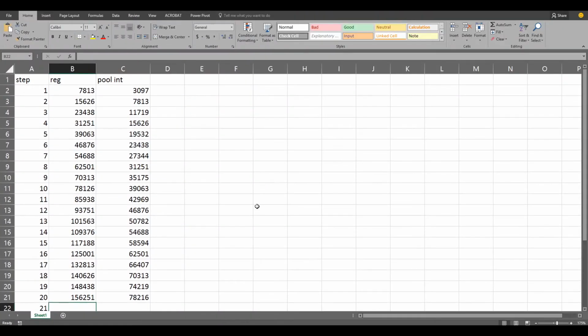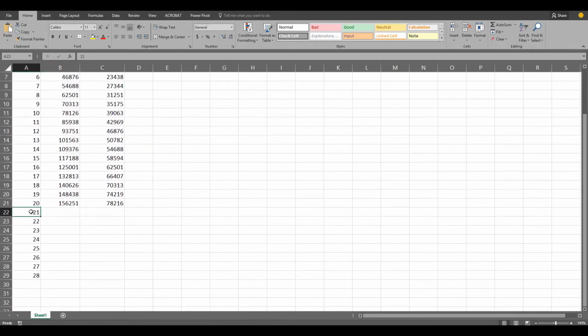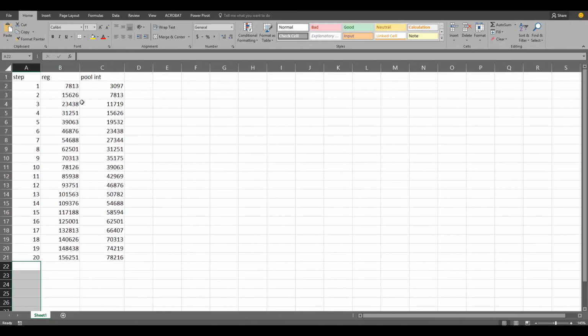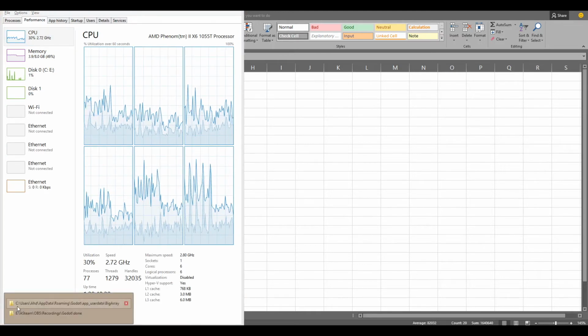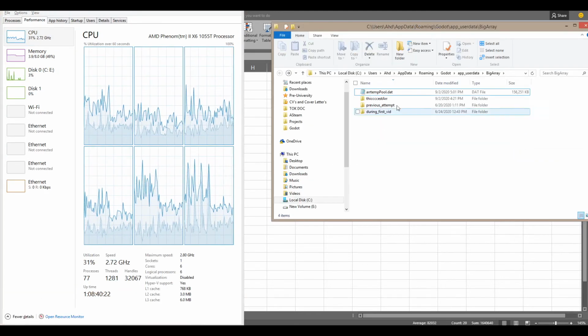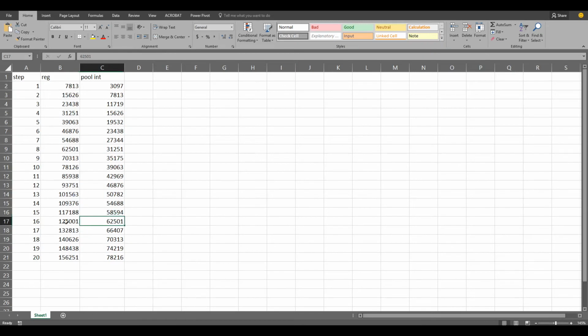Okay, so as you might have seen in that time lapse, I'm just going to go up to 20, and these are the real numbers, the actual numbers from both experiments, and these are just live. I just did this experiment, as you saw. The file is right over here. You can see that this was the file, this was the final digit, and of course I know as a scientist that 20 data points is nothing, it's garbage,